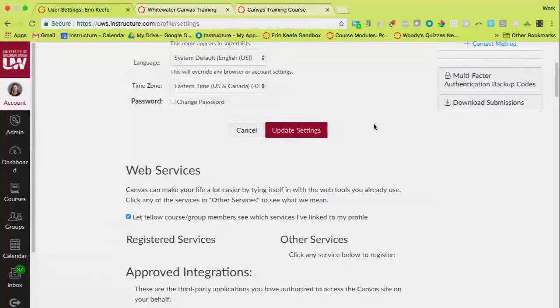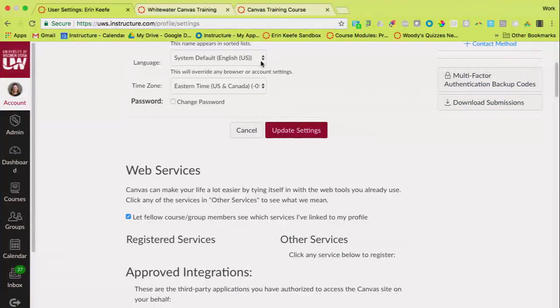One of the things you can change is your language. It would just apply to you. So any of these settings that you change in here are just affecting you. They wouldn't affect your students in your courses. But any user in Canvas can decide what language they want Canvas to appear in. It's not going to translate any of the instructor-created materials, but what it would do is change any of the navigational buttons or tools inside of Canvas to match that language. I believe we currently have 26 languages in there.